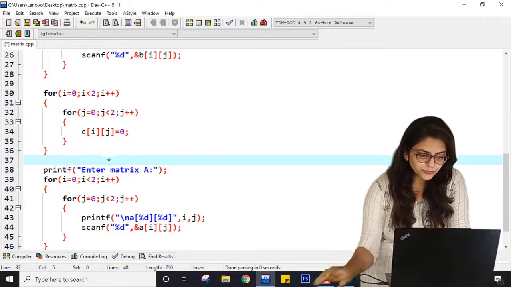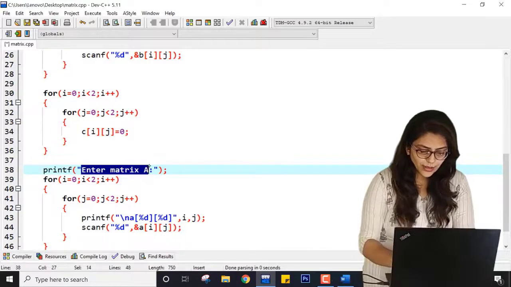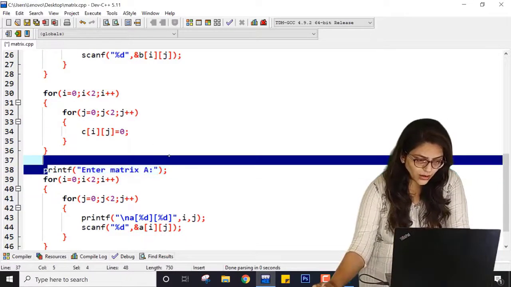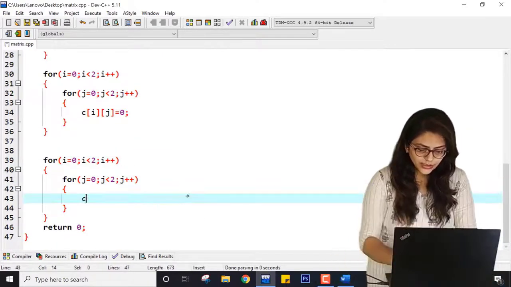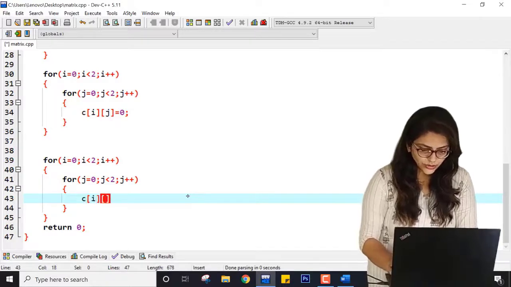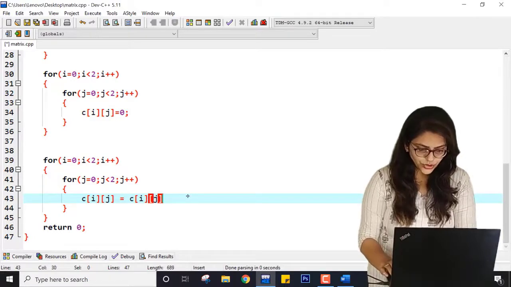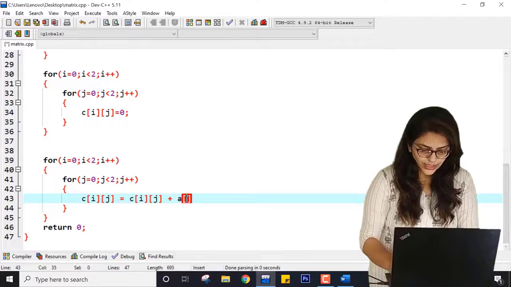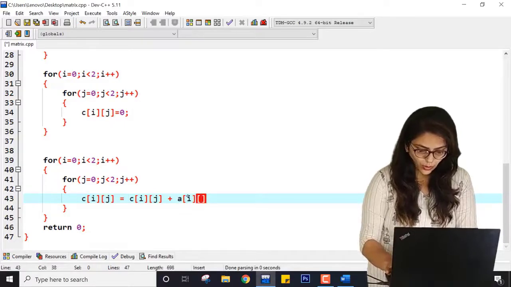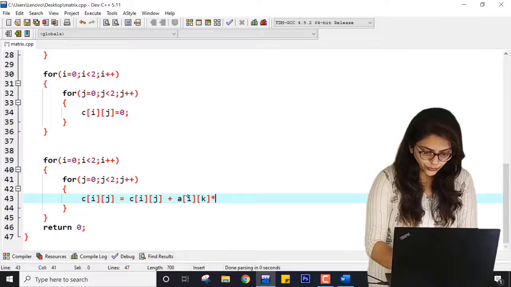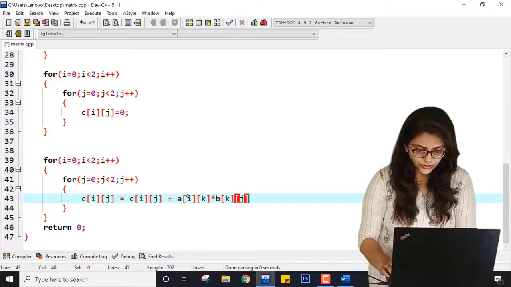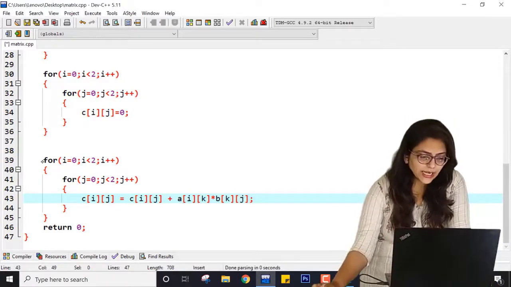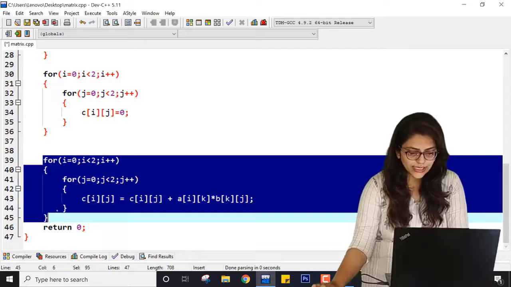Then after we can write, just erase this right now, and inside this you can write C of ij equal to C of ij plus A of i, k into B of k, j, right? So we can do it like this, and then we will have some value inside C.